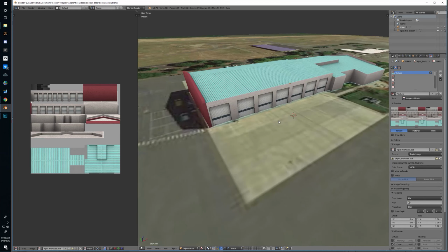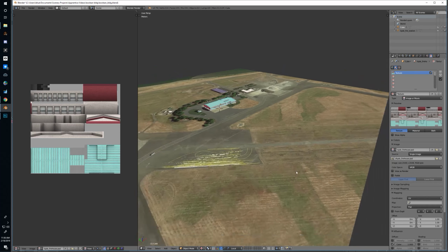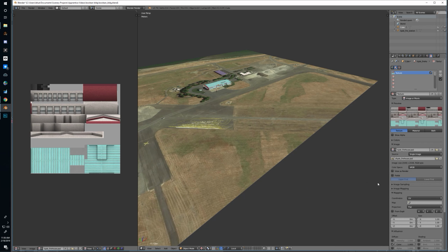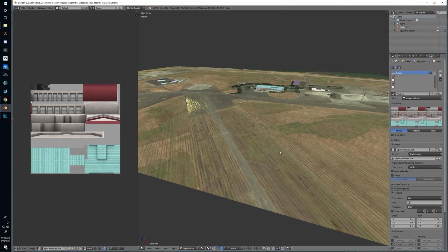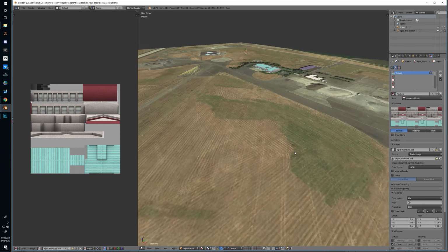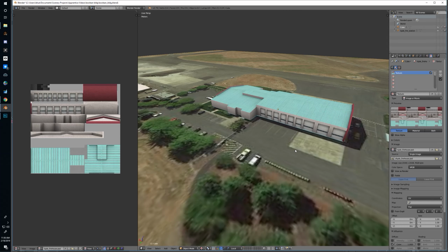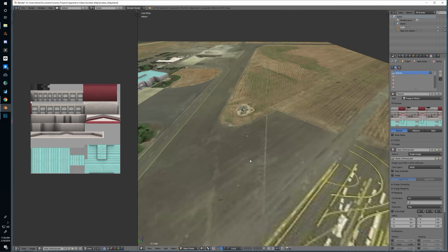Acceptable for the moment. One of the reasons why I'm being a little less picky about this building is you probably can't see well from our background image here, but the runway is actually over here. The closest you'll get to it in an aircraft is about this far away, and as you can see, at that far away from the building you can't really make out the small detailing on the doors anyway. And I'm a big believer in detail where it's required, and I'm also equally a believer in not including detail if it's not going to be seen, because it's just a waste of time and development. So